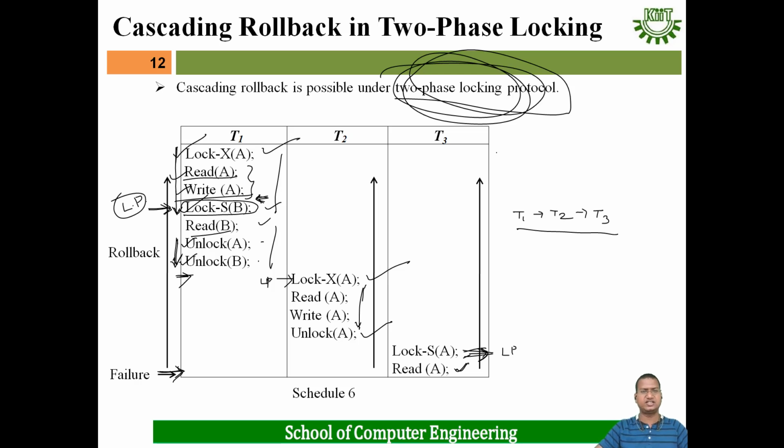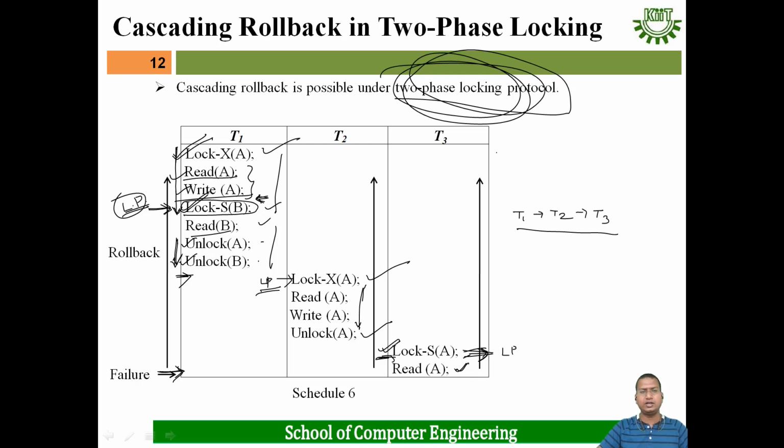In this case, we have to find out the lock point. What is the lock point of a transaction? The point at which the transaction gets its final lock. In this case, it has applied a lock on A, and a lock on B. This is the final lock, so this is the lock point. In this case, only one lock is there. This is the lock point. In this case, only one lock is there. This is your lock point.